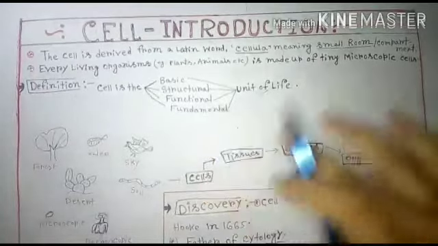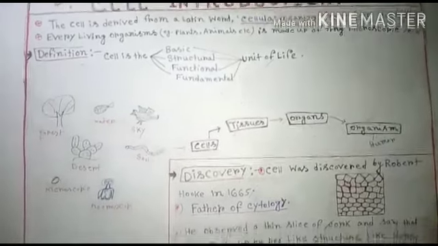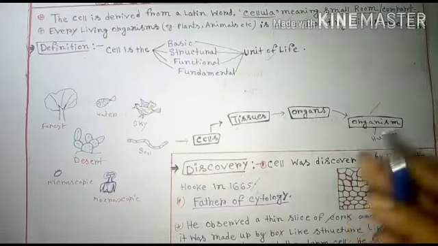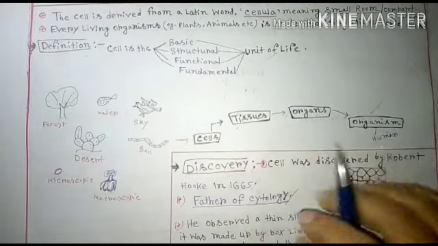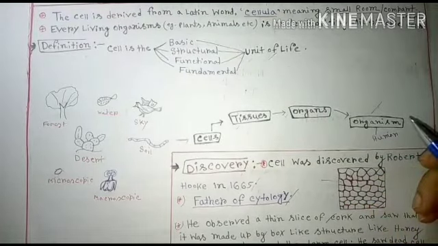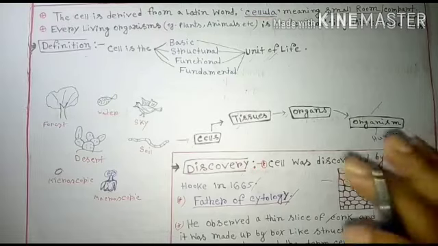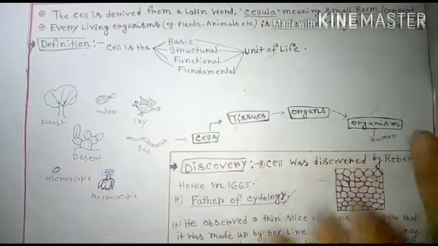And now I am going to discuss the discovery of the cell. Who discovered the cell? The cell was discovered by Robert Hooke in 1665, and Robert Hooke is also known as the father of cytology. He observed a dead cork cell, and saw that it was made up of box-like structures like a honeycomb, and he coined this box as a cell. So Robert Hooke in 1665 first observed the cell,